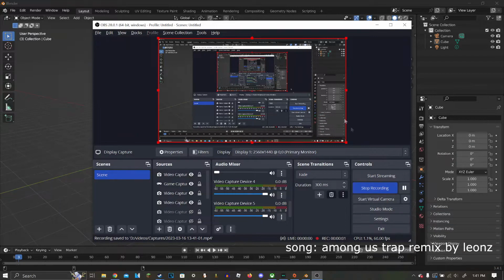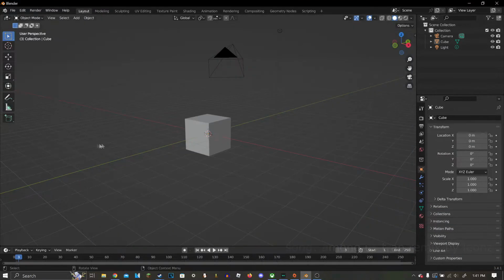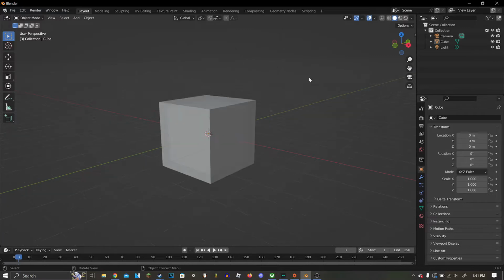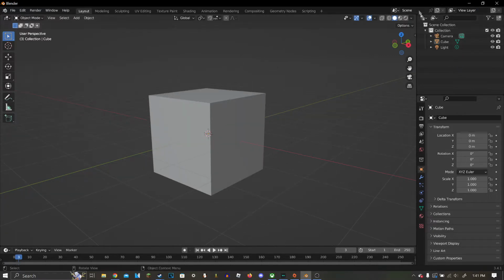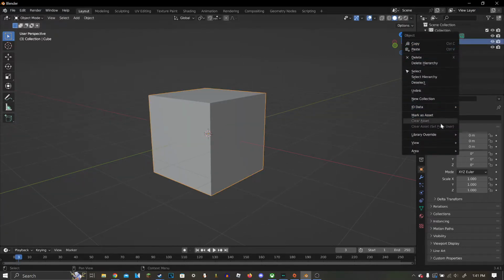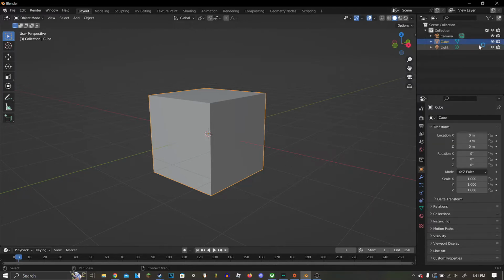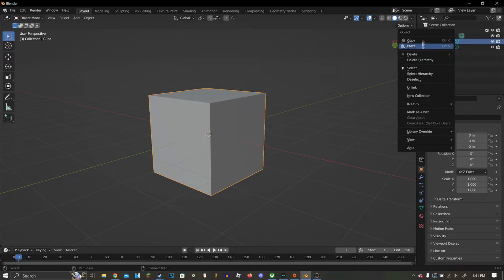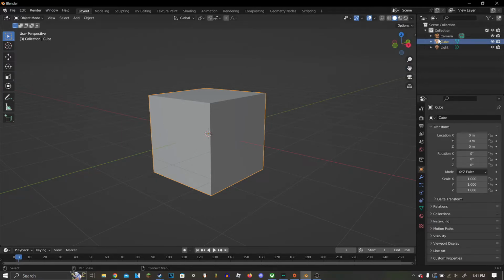Hello guys, today I shall be making Among Us in Blender. First we need to rename our cube. Okay, first of all, let's rename the cube. I forgot how to rename cube. Oh wait, no, there it goes. First we rename our cube to